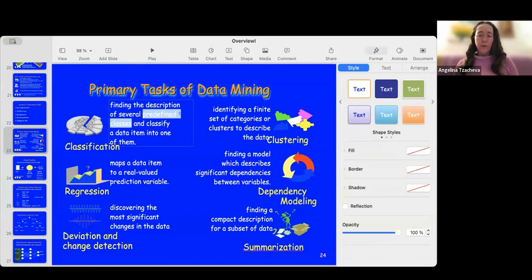By a class, we mean there is a special attribute or column in the data, usually at the end of the data, that helps us to make a decision. It's called a decision attribute or a class attribute. For example, let's say this is some kind of financial data and the bank is collecting this data on their customers and they are